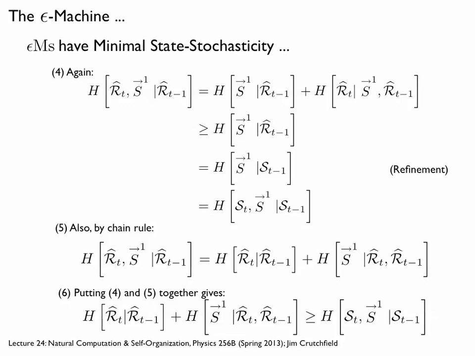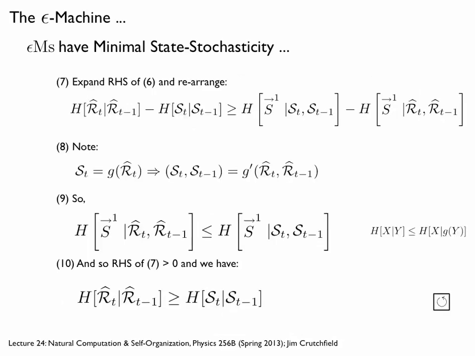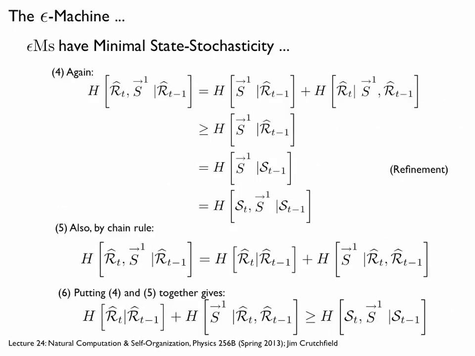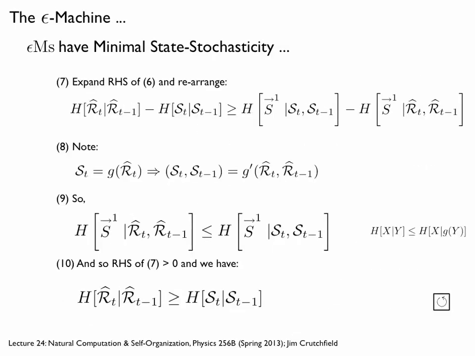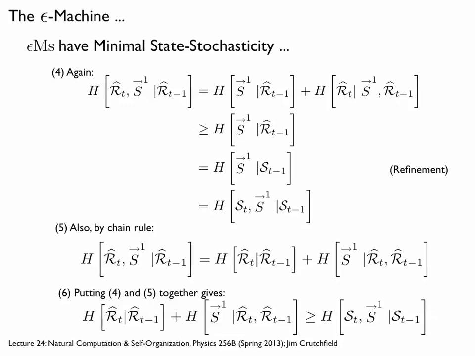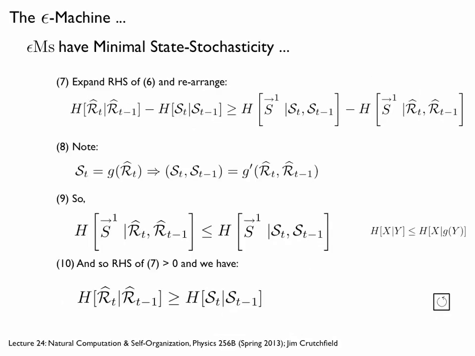I don't find that overly informative. It's one of those proofs where you have to see the final result and then go back and read it again. So I can expand the right-hand side of this, like we did before, and then rearrange so that what I'm writing out on the left-hand side are the two terms we were interested in.